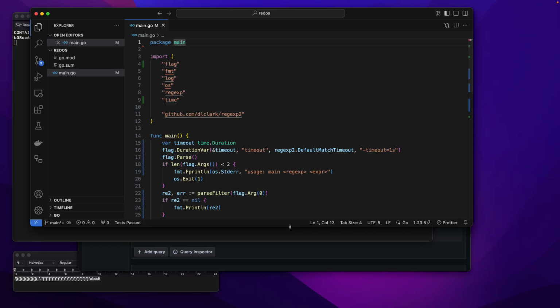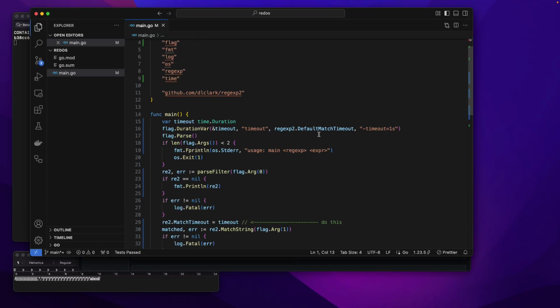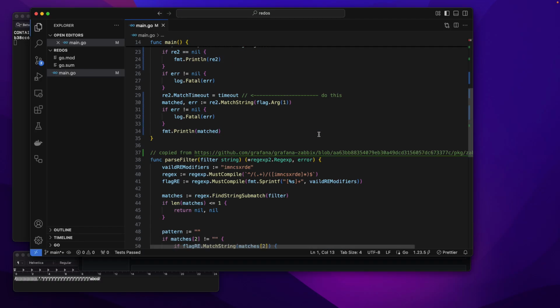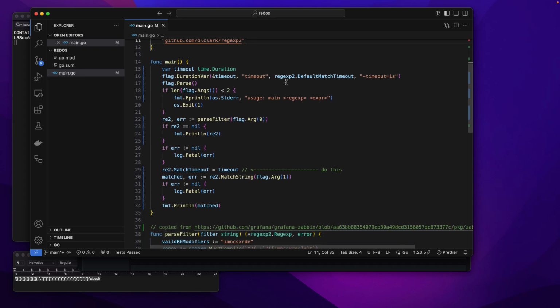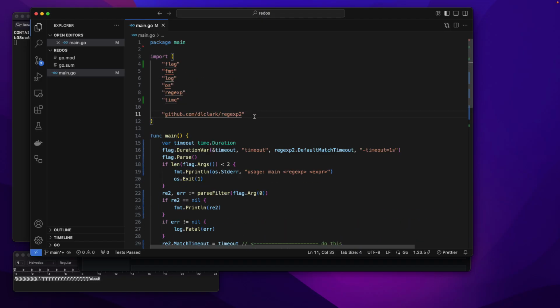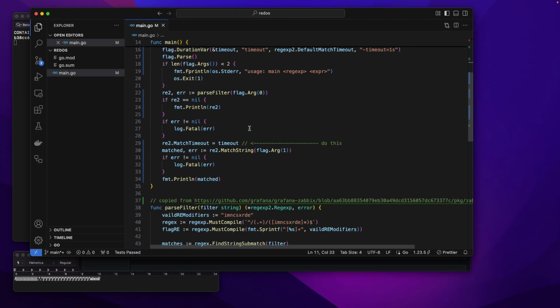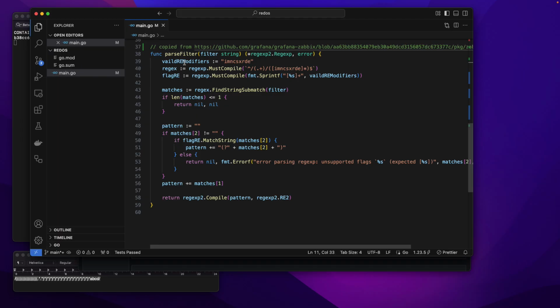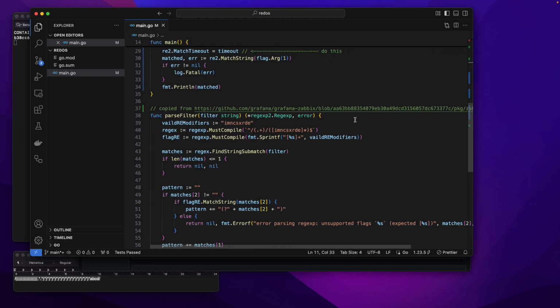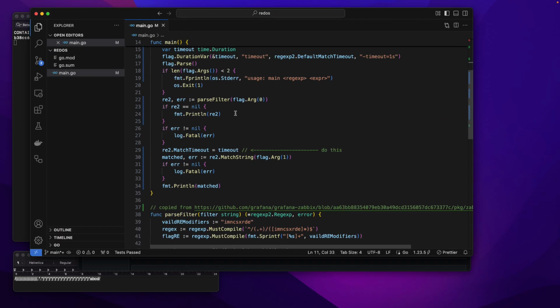Now, remediation. Under the hood, the Zabbix plugin relies on this dependency, and that's prone to, well, you can submit malicious or pathological regular expressions. And that package actually allows you to specify a timeout, but the Zabbix plugin doesn't take advantage of this functionality. So here I've copied the problematic function from that plugin, as indicated by this comment, and I